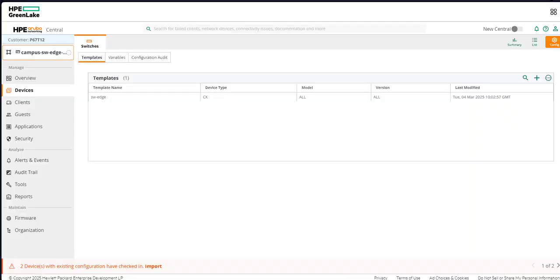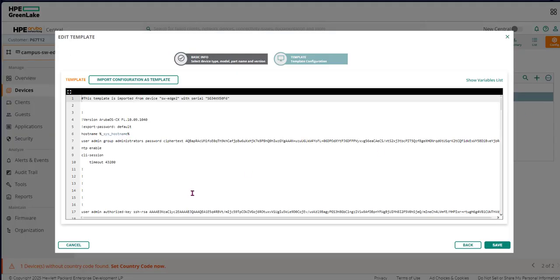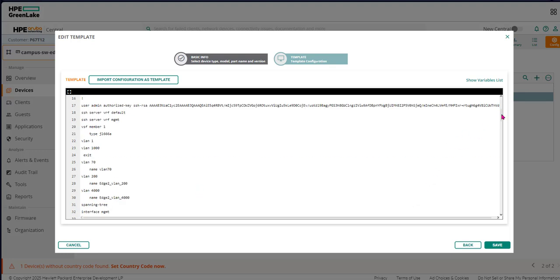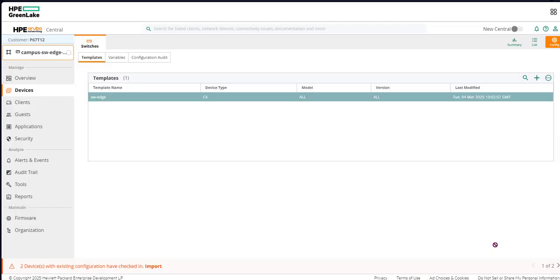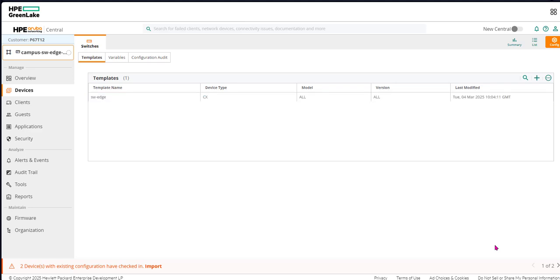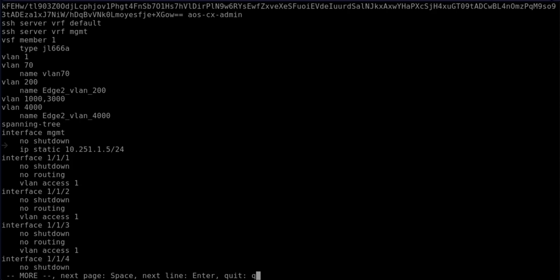So we'll go back to Central and edit this line, and just put that command back in again. Now we're going to make sure there's no space between. There's no space, yeah. And then we're going to save. Once we save it, if you go to the edge switch, show running config,